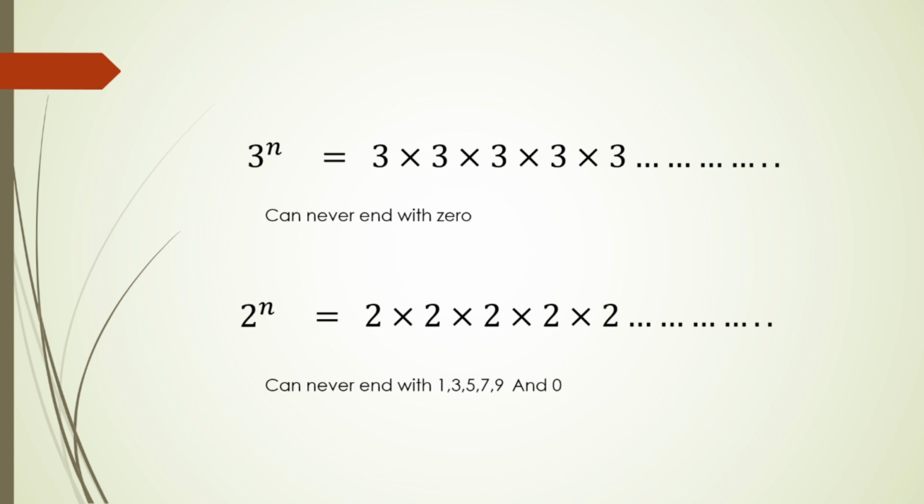Similarly, here 2 raised to power n, this number will also not end with 0 because there is no 5 in this, but it will also not end with 1357. See, this is 2 raised to power n. Again, infinitely many numbers. 2 raised to power 1347 if n is 1347, and if you calculate it, that number will also not end with 1357. None of the numbers. Why? Because this number is composed of 2's, that means it's an even number, and an even number never ends with this.